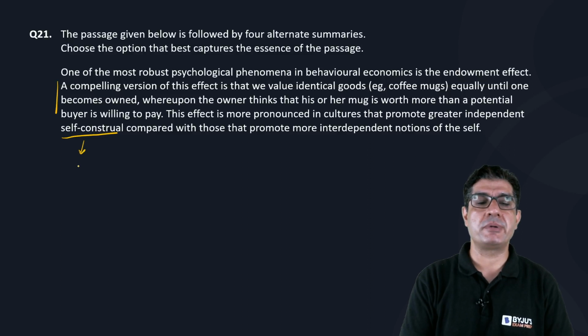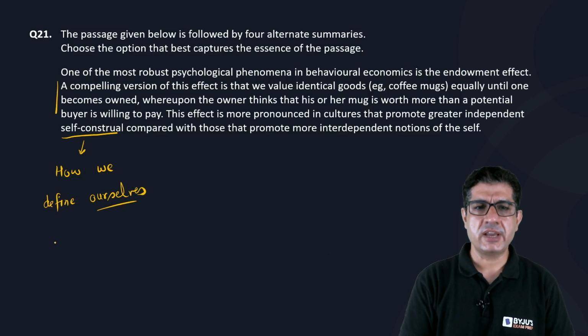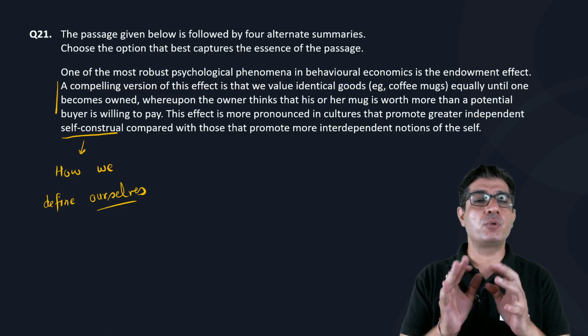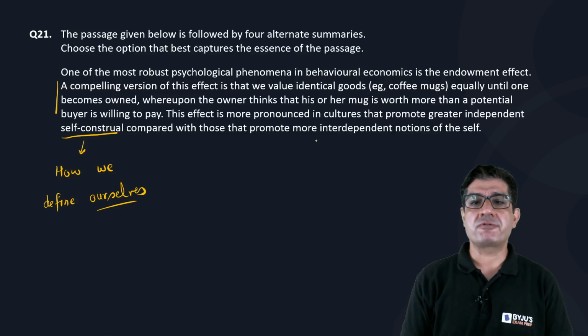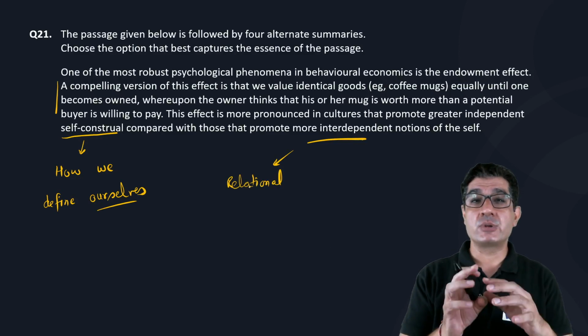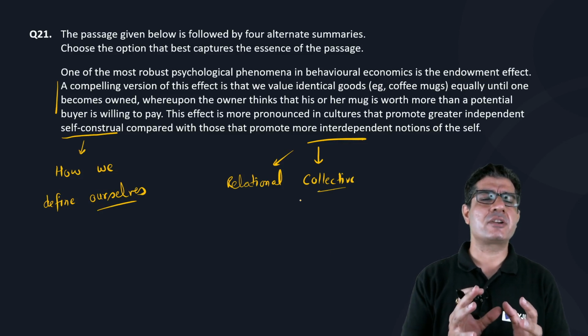Okay, self-construal basically is how we define ourselves. Okay, so independent self-construal is where we define ourselves as an individual who is independent of others. And then you can of course also have interdependent self-construal. Now interdependent self-construal can be relational self-construal, where you define yourself on the basis of the close relationships that you have, or it can be a collective self-construal where you define yourself as a part of the group or groups